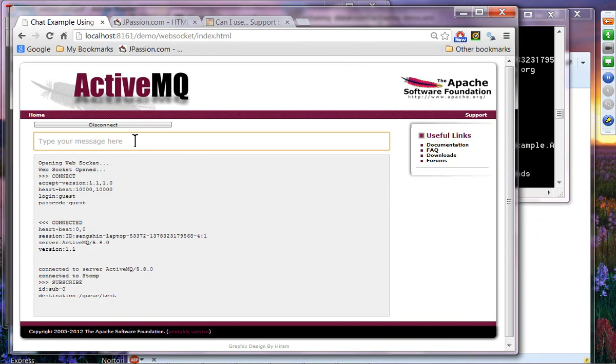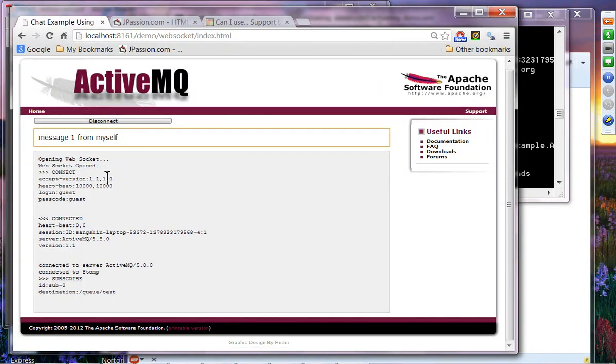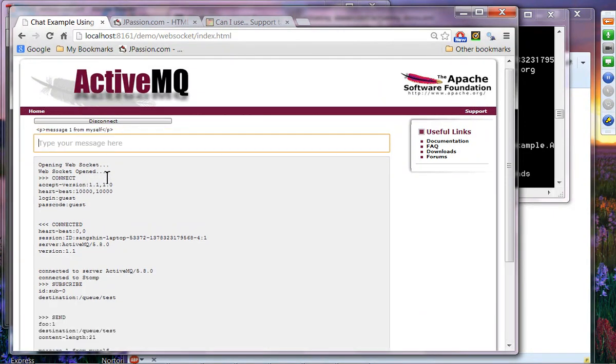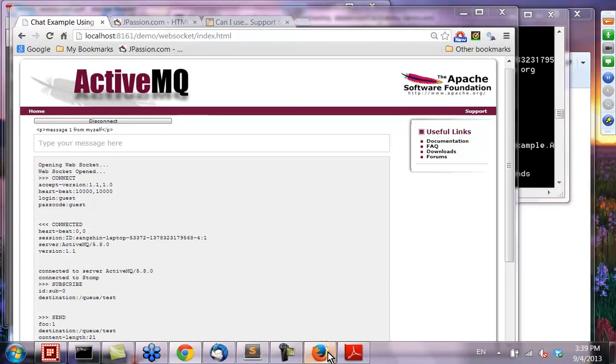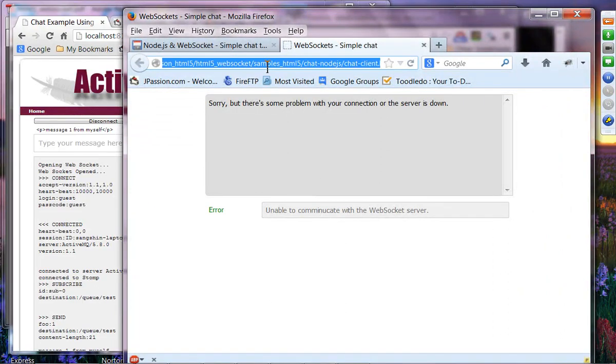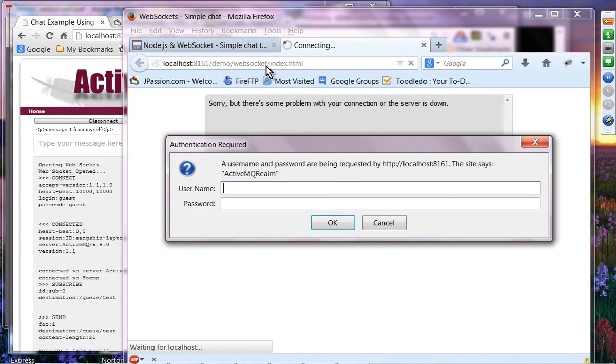I can just type a message, message 1 from myself, and then I can send it. You can see the message is consumed by this guy because there is only one client. Now we're going to create another client. I'm going to open another browser, in this case Firefox. So this is client number 2 accessing the